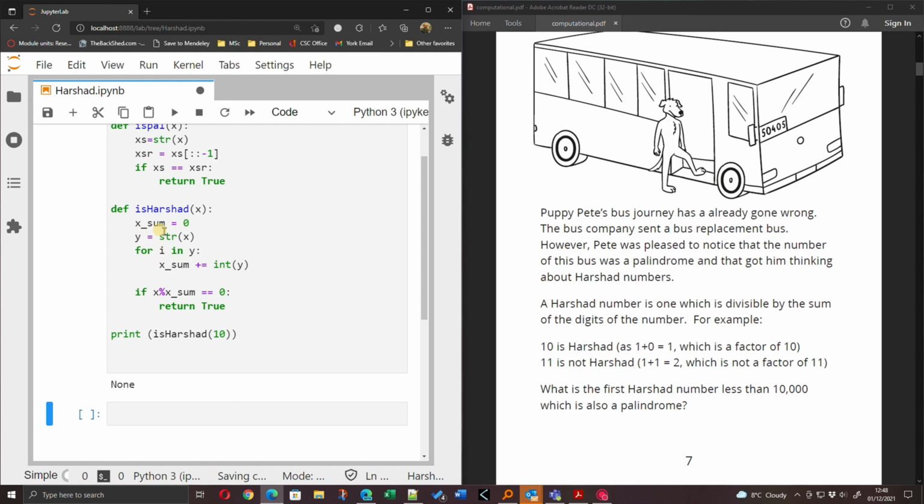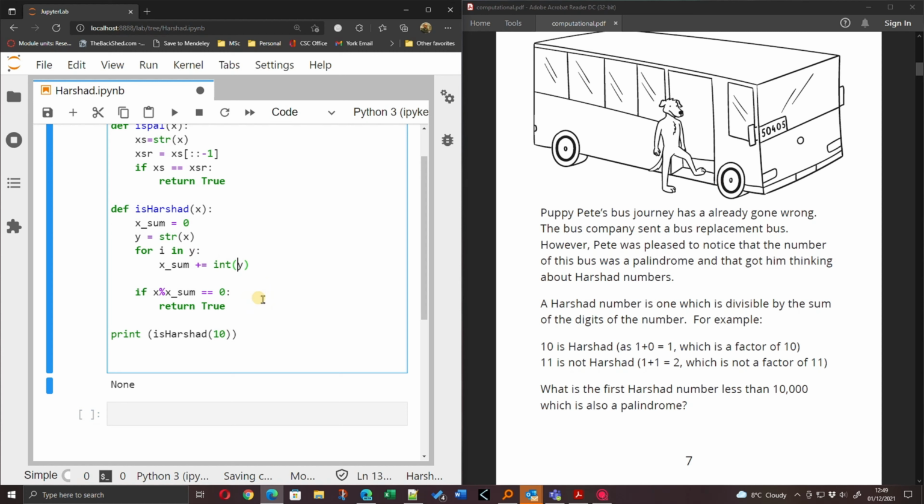So x sum is 0. Every time is Harshad is called, it does that. y is the string of x. For i in y, okay, right, so it's the integer y bit that's wrong here, isn't it? Because i is the integer that changes every time. So for i in y, if it's 127, i is 1, i is 2, and i is 7. So here I need integer of y, because that will iterate through all of the characters, all of the digits